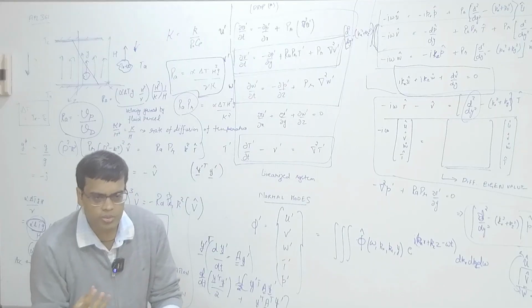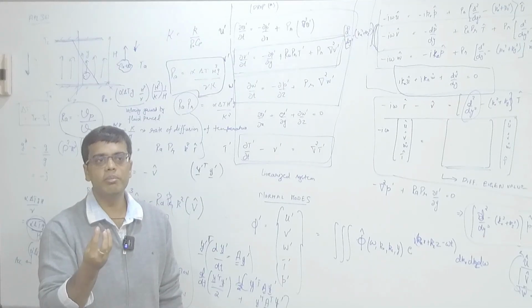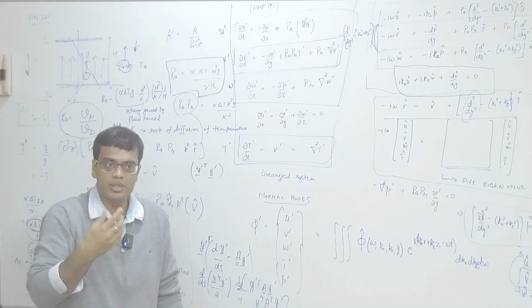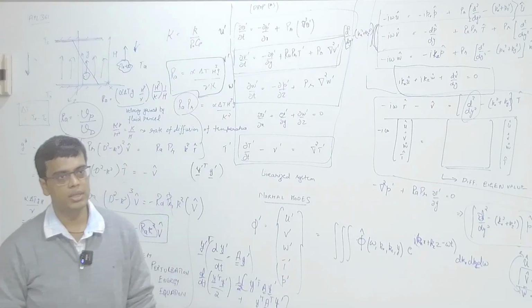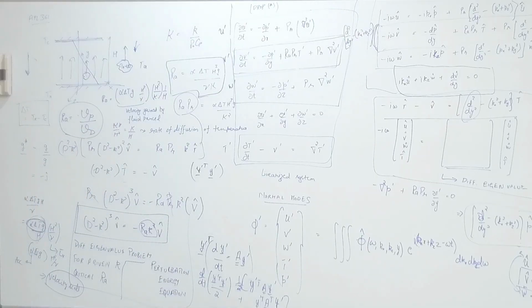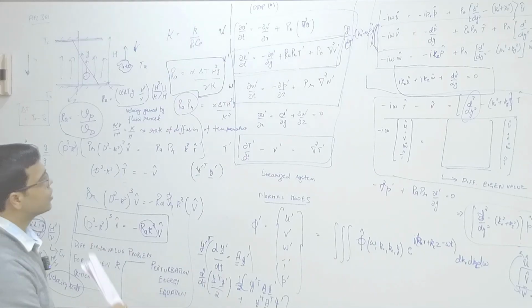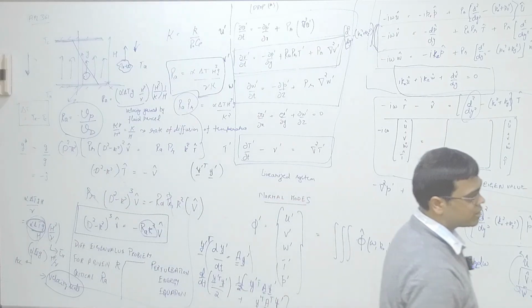Okay, that's why there is an instability. Just because of small temperature differences, a fluid parcel moves up. Now there are larger temperature differences, it moves up further. Even further temperature differences, it moves up further. That's your Rayleigh-Taylor instability. Okay, so tomorrow we'll close this and try to look at